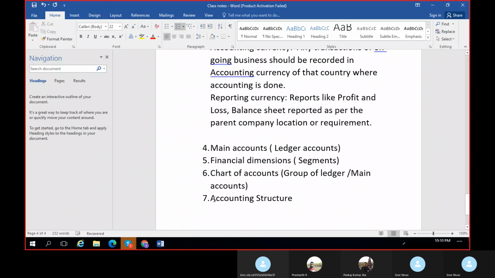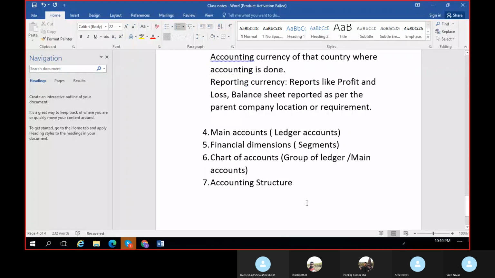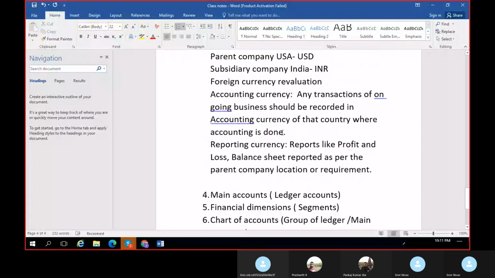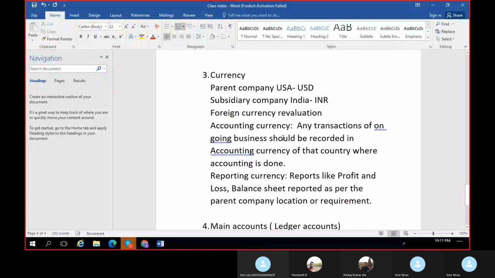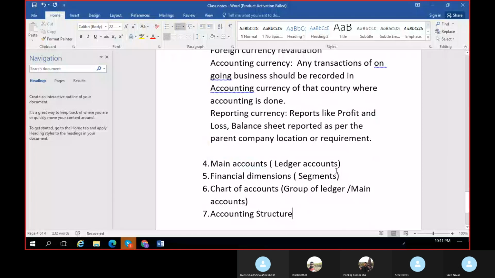In IT language we'll call it a string, right? In the same way, even here we'll call it an accounting structure string. Under this, once you configure all these things, like what all main accounts should form a P&L account, and what all main accounts should come under balance sheet, the differentiation of the main accounts, and if you have created 100 financial dimensions, let us assume, and 200 main accounts, under which main account, which financial dimension